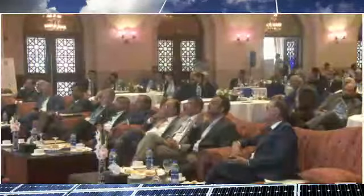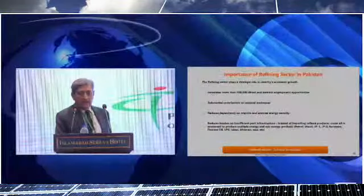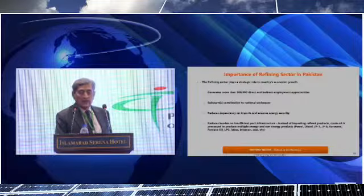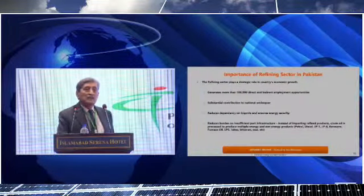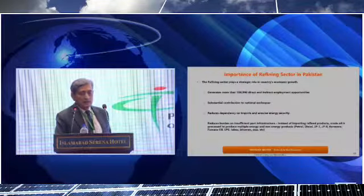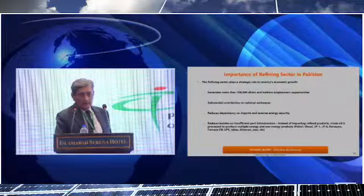So it provides almost 100,000 direct and indirect employment opportunities, and a substantial contribution to the national exchequer. The figures I have on the taxes paid is more than 100 billion rupees, excluding Parco, because I couldn't get figures for Parco refinery. So overall, it must be in the range of 150 billion rupees. And of course,